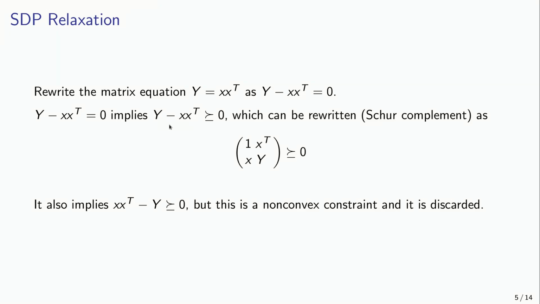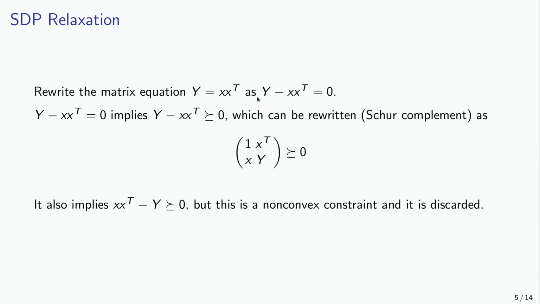sides. Y minus x x transpose is positive semi-definite because it's a difference of two matrices that is supposed to be 0. And if a matrix is all 0, then it's obviously positive semi-definite. So this is a perfectly fine constraint. And the best part is that this is a convex constraint. So now you could